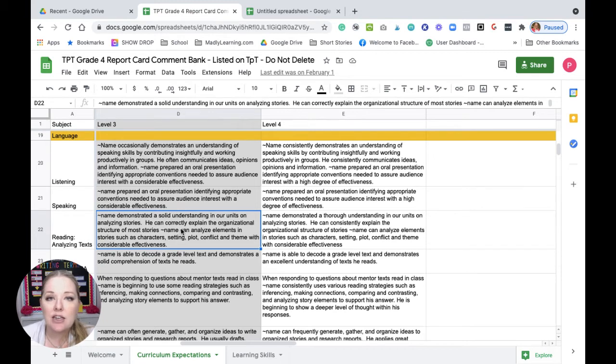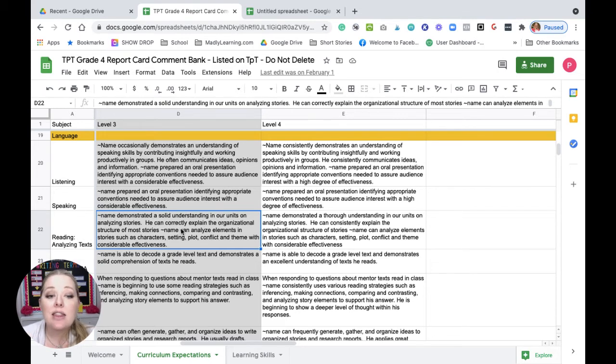Now I'm going to get into the specific example of what that student's strengths were in that learning task. He can correctly explain the organizational structure of most stories. That's what he's doing. I also want to give a second example. Name can analyze elements of stories such as character, setting, plot, conflict, and theme with considerable effectiveness.